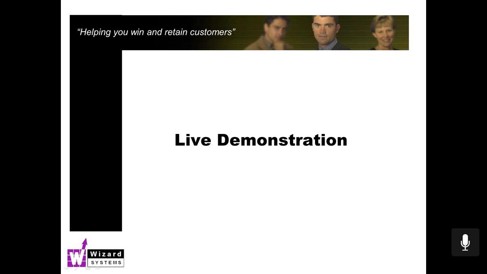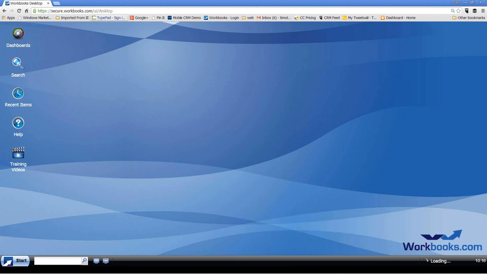Let me take you into Workbooks proper then, and just have a brief navigation around the system so that you're familiar with what things look like and what sort of information Workbooks can give you. Workbooks will work with any browser. I've just logged on to Workbooks with my email address and my password, and I'm working this morning in Chrome. But you should see straight away it looks familiar. It looks like your Windows desktop. Do you see, with the Start button down in the bottom left-hand corner? And just to the right of that, there's a Google-like search box, so you can type in any word or phrase and it will find it for you in the system.